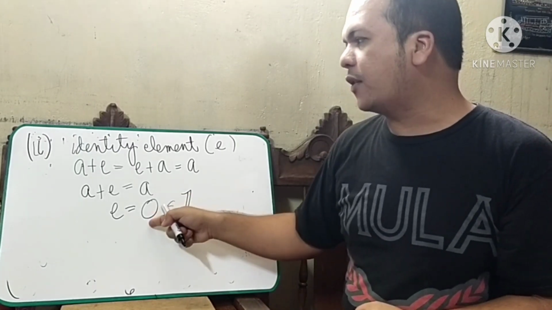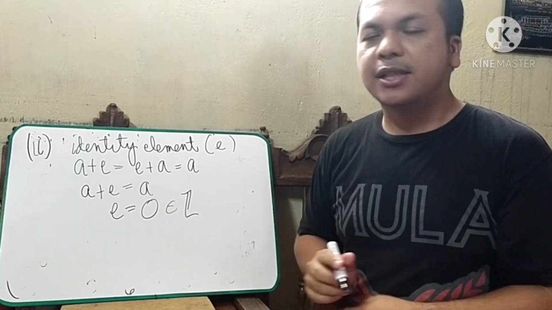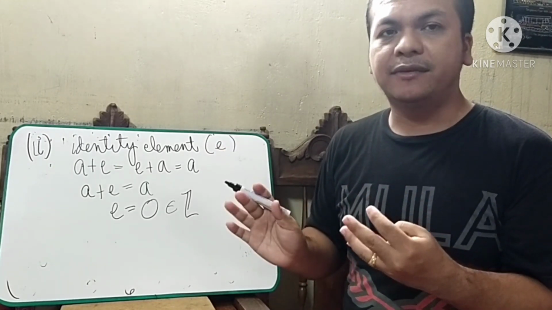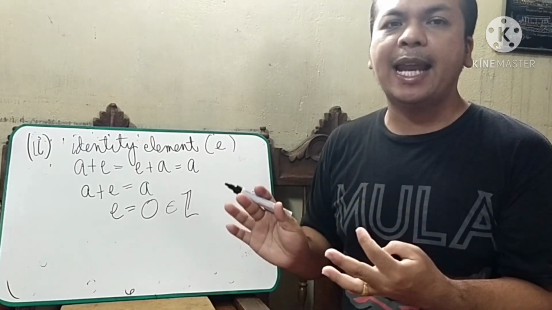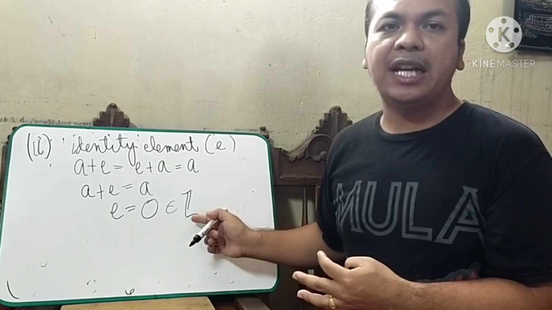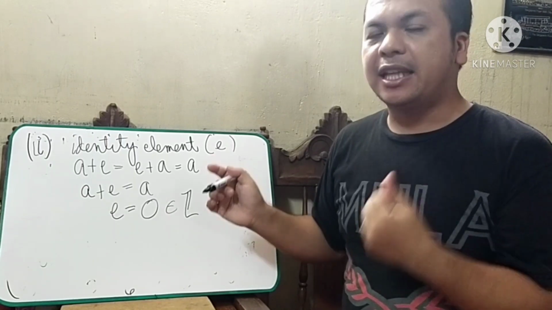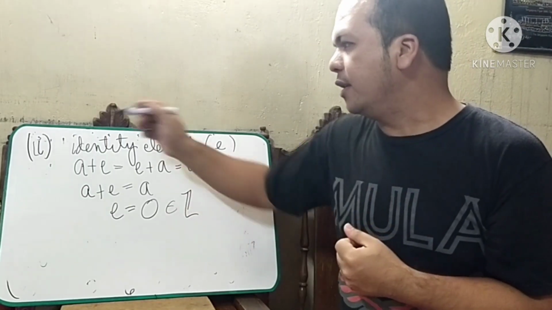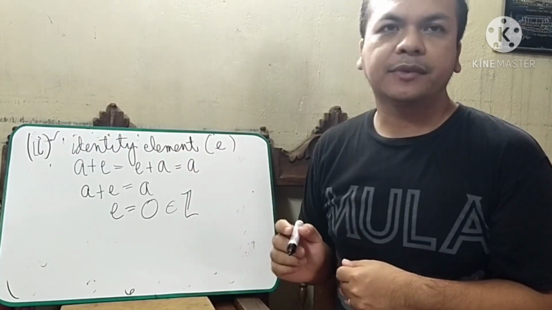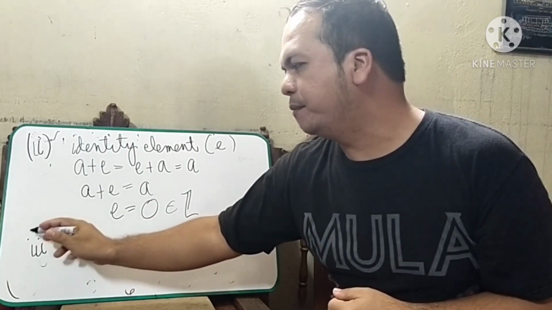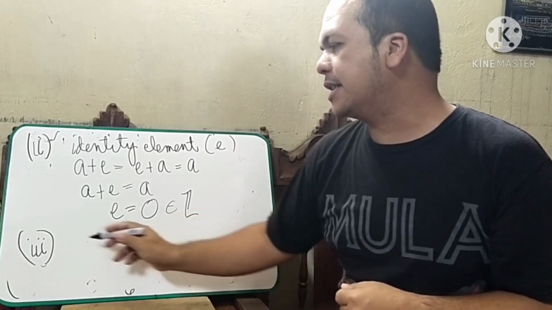Meaning to say that 0 is also an integer. So, the identity element exists. There exists an identity element for the set of integers with respect to the addition operation. So, check din ito. Then we proceed to the third and the last property of a group, that is the